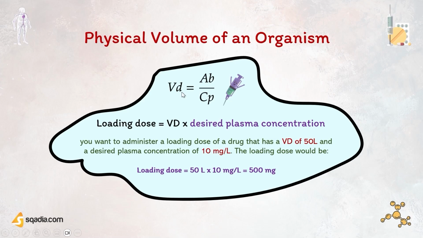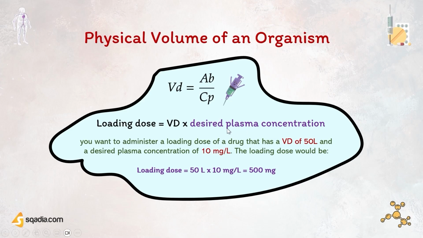It can be determined from the formula: volume of distribution is equal to the total amount of drug in the body over plasma concentration. It can also be used to devise the loading dose of a drug. The loading dose of a drug is basically the initial dose given to achieve a therapeutic concentration of the drug in the body. To calculate the loading dose, you need to know the volume of distribution,